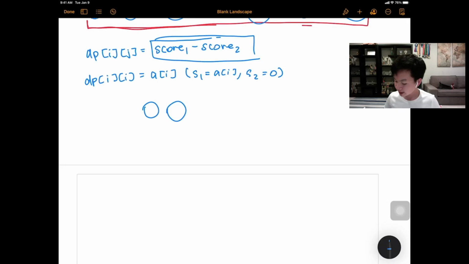Okay, and either this one is going to go to player 1 and this one is going to go to player 2, or this one is going to go to player 1 and this one is going to go to player 2, right? Since you can only take from one end and the other would just go to the other person. So then we have dp